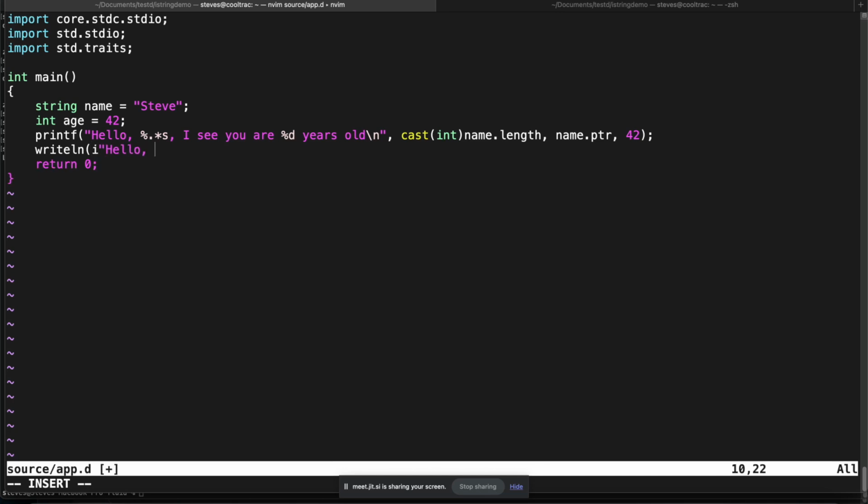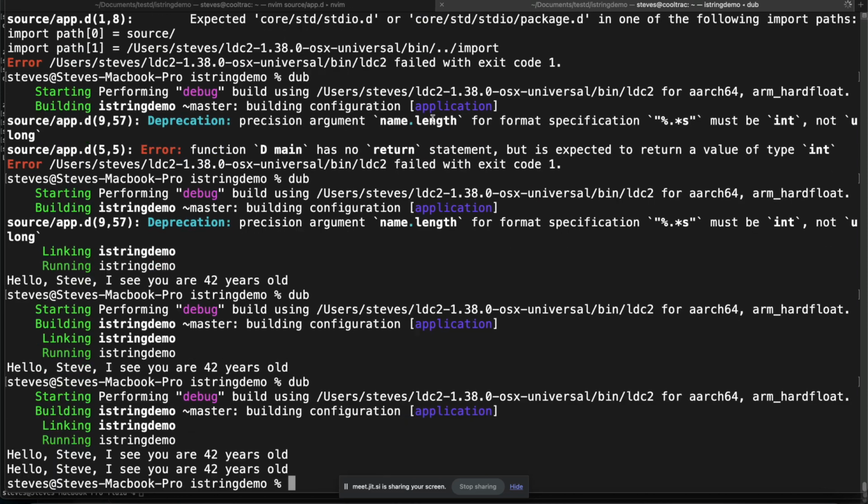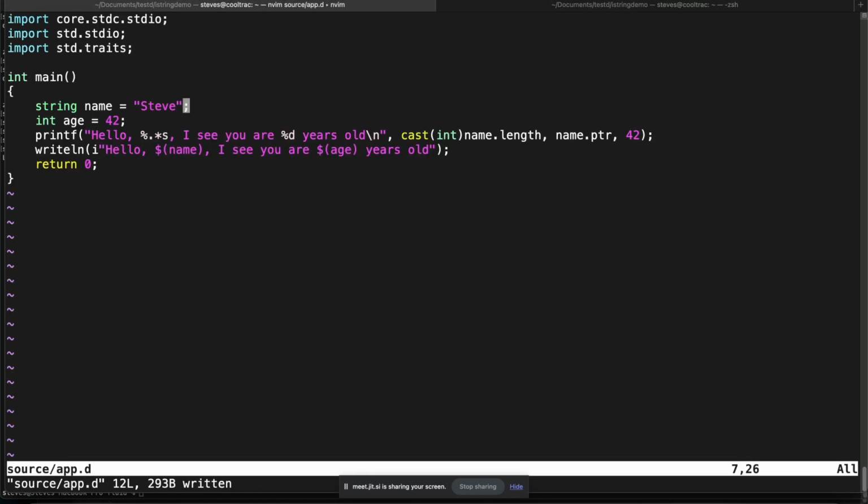So I can do basically the same thing. And we should get essentially exactly the same outputs. But how does this work? So first we're going to